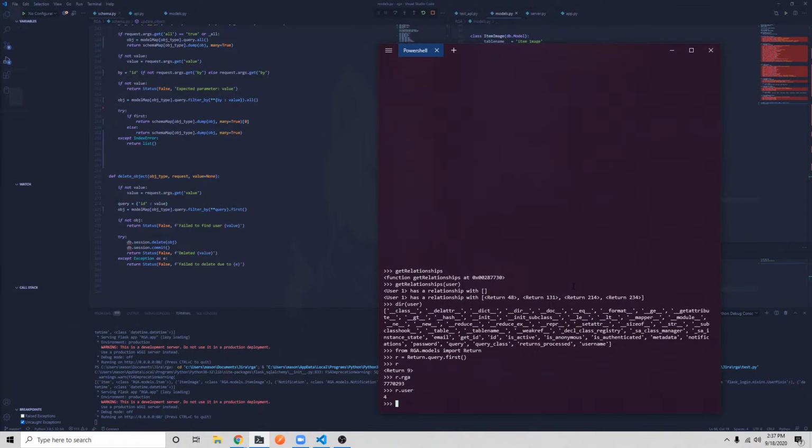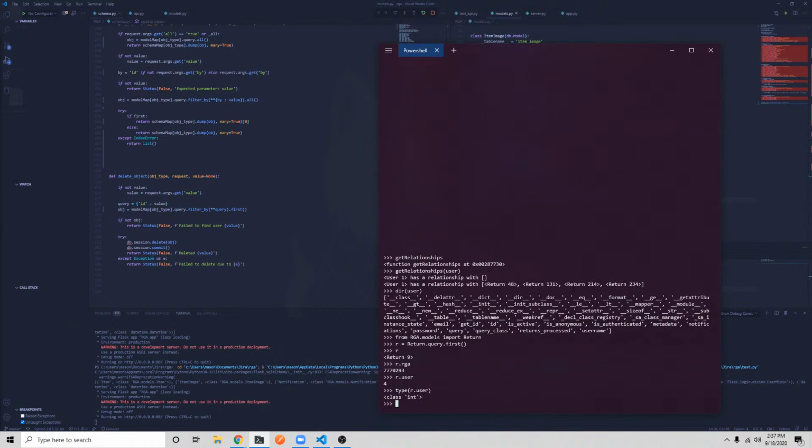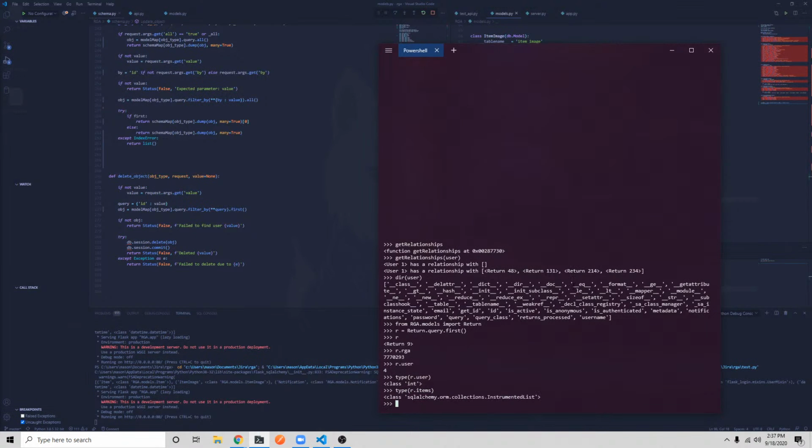So what we need to do is say, what is the type of r.user? All right, so it's an int. So that's good, that wouldn't get filtered. But if I do the type of r.items, yeah, that's that instrumented list. So if I were to do get relationships of r,